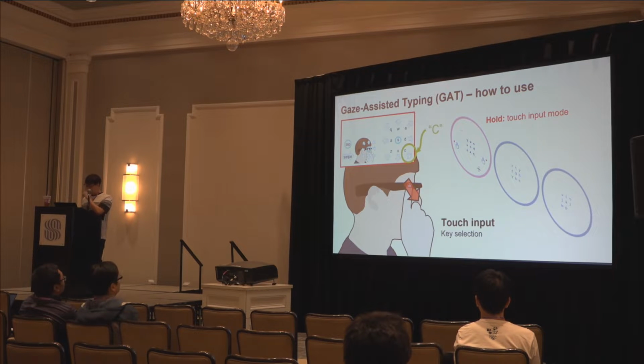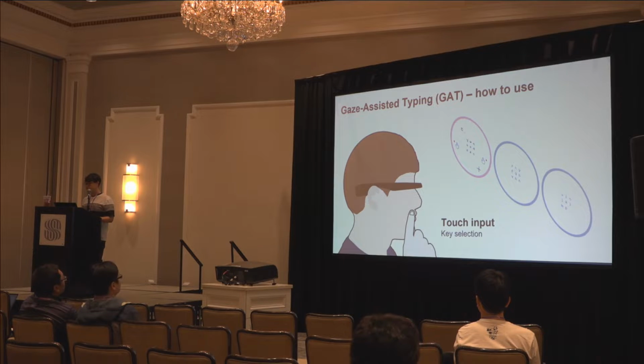And next, the user has to conduct a bottom-forward directional swipe gesture to enter the C, because the C is located on the bottom right from the center. All keys in the sub-keyboards are mapped to corresponding touch gestures based on their relative position from the center position. Finally, after the user detaches the finger from the touchpad, the key is entered.